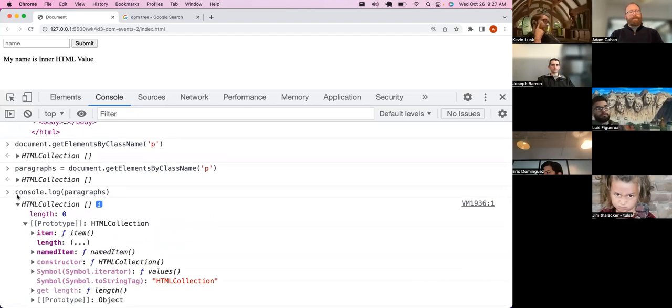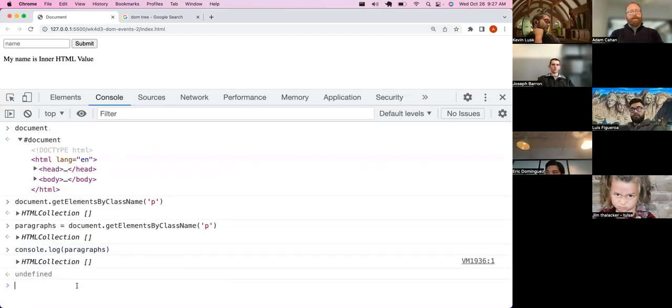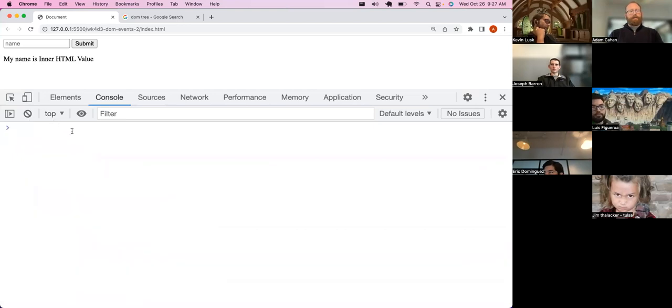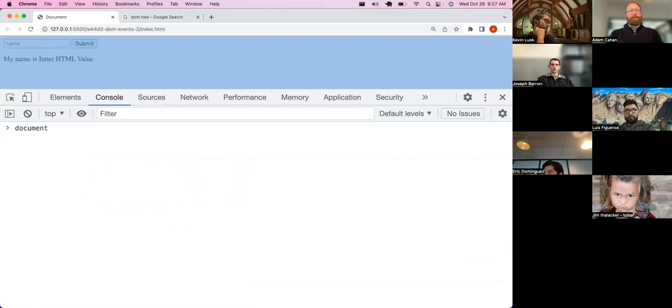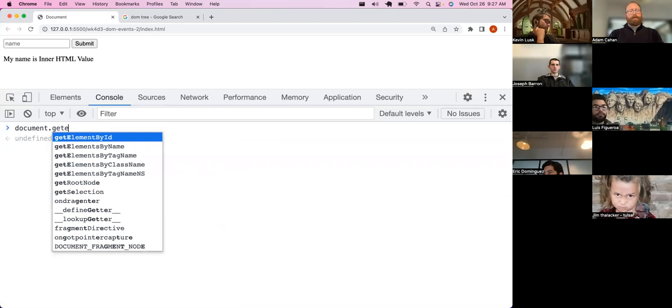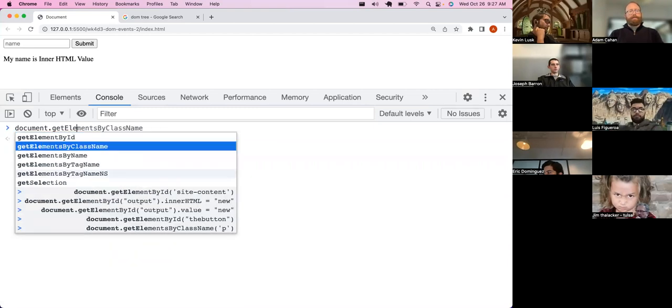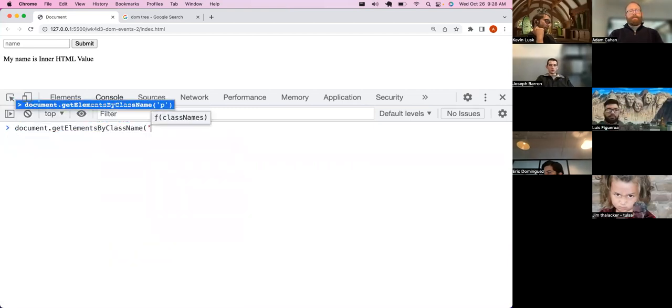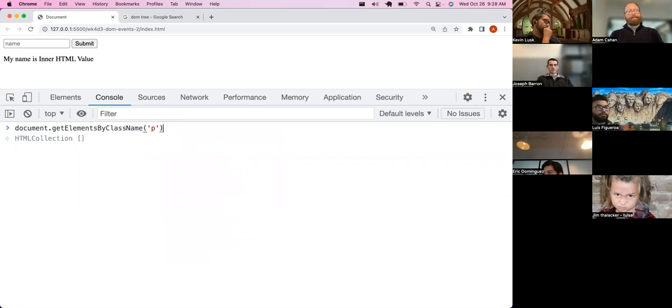This might be a little too messy. Let's try. Get elements by class name P. And it's returning an array, or,